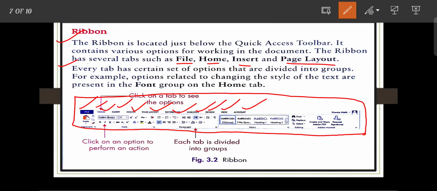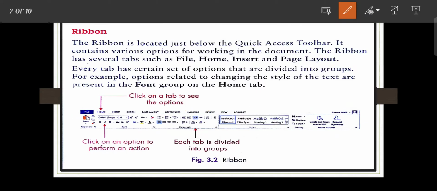So this is the home tab, and here you can see this is the font group, this is the paragraph group, this is the style group. Each and every tab has different options, and all these tabs are divided into groups.